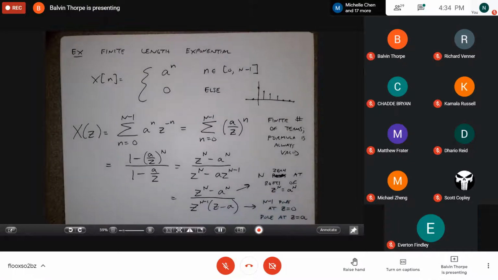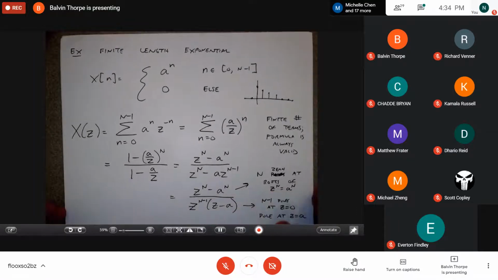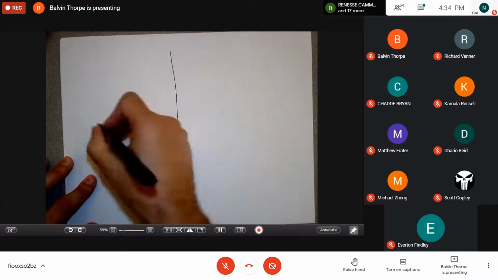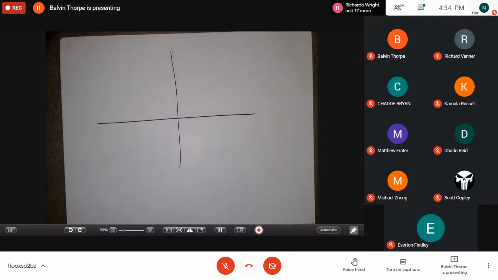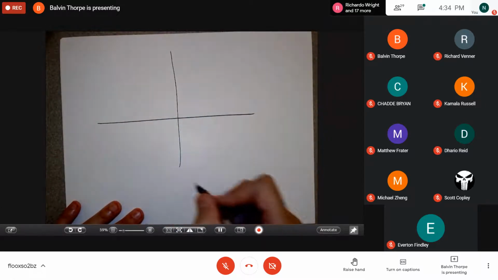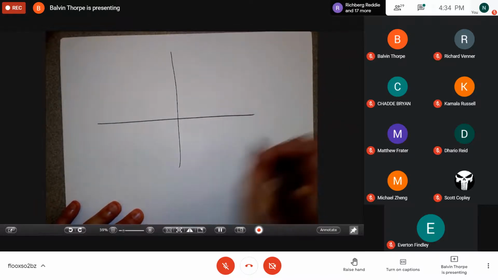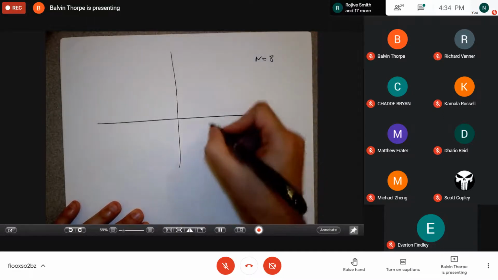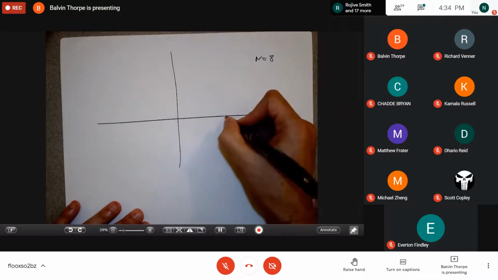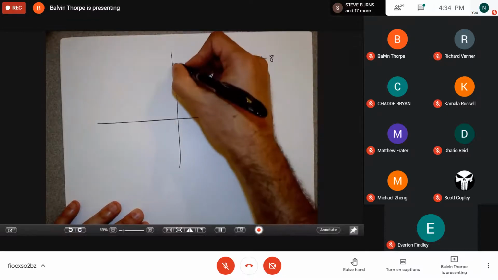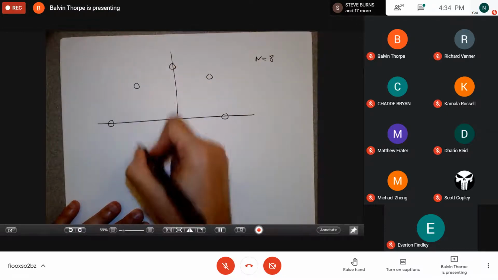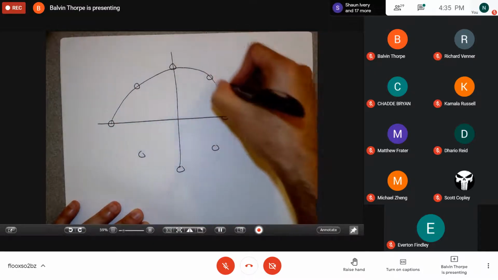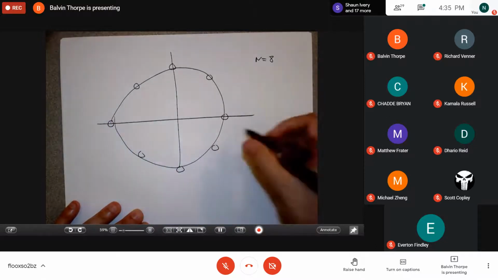And so this may be something that is not familiar to you, but the nth roots of some number are generally distributed around the unit circle like so. So here, say I have n roots, so say I have n equals 8. What that means is that I'm going to have a pattern of things that look like this, kind of evenly spaced around the circle.